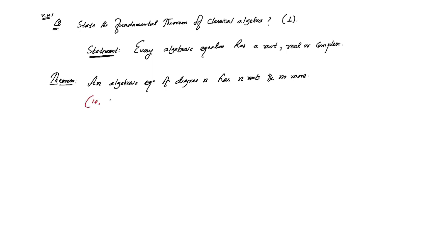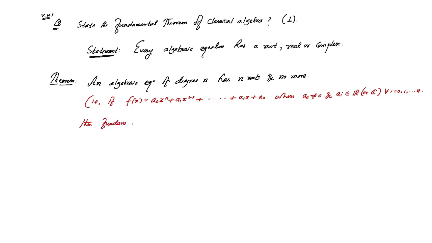The meaning is that if f(x) equals a0 x to the power n plus a1 x to the power n minus 1 plus dot dot plus a(n-1) x plus an, where a0 is non-zero and the ai are either real or complex numbers for all i equals 0, 1 to n, then by the fundamental theorem, which states that it has a root,